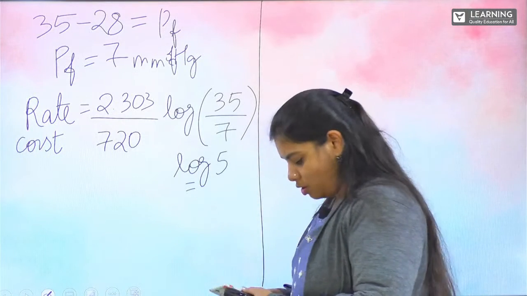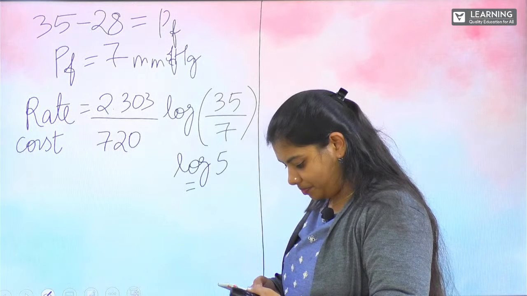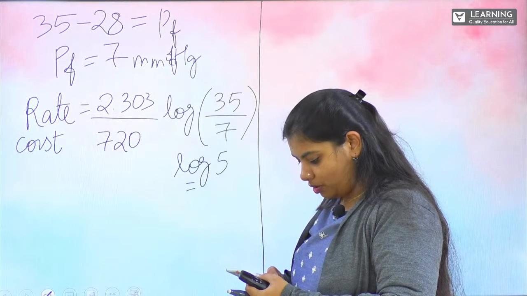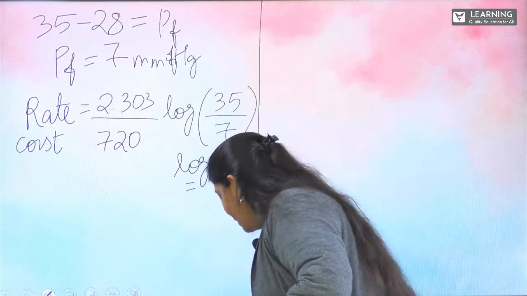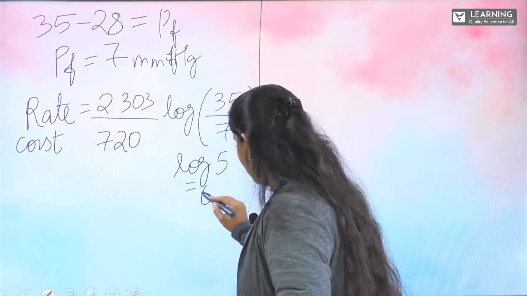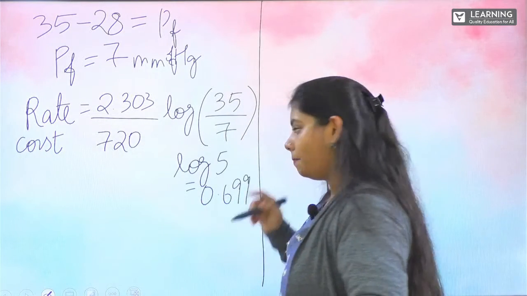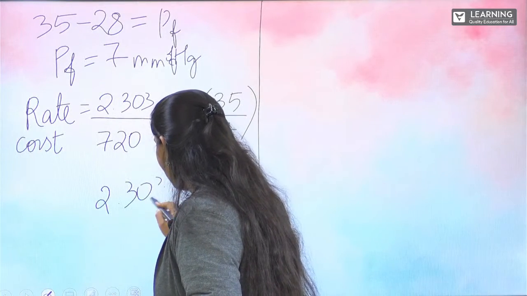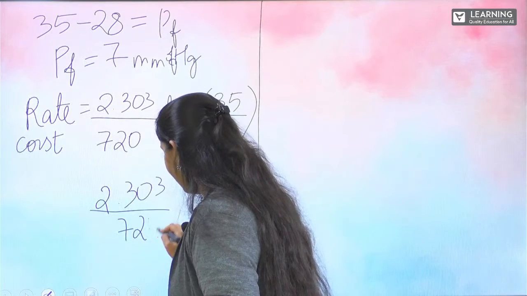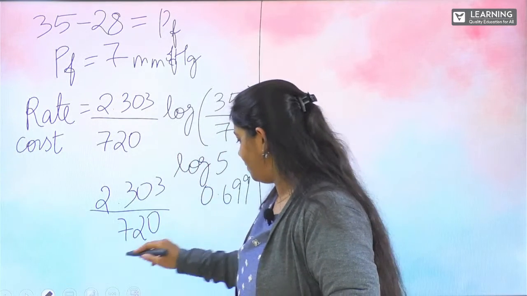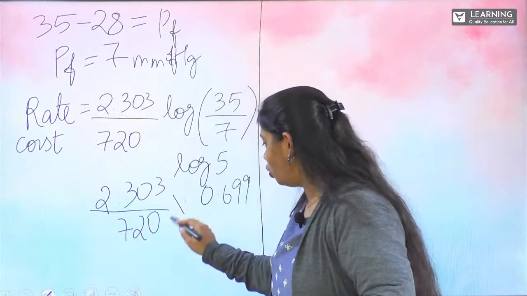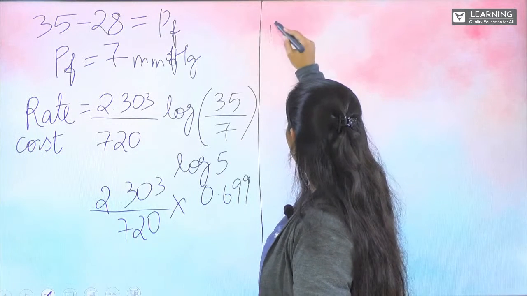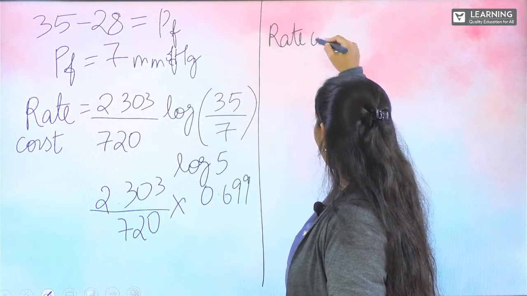Let us find this out. Log of 5 is going to be 0.699. Clear? So now 2.303 by 720 into 0.699 is going to give us the rate constant. So our rate constant is going to be,